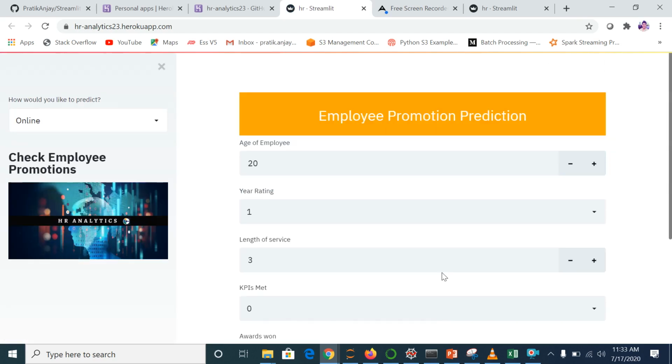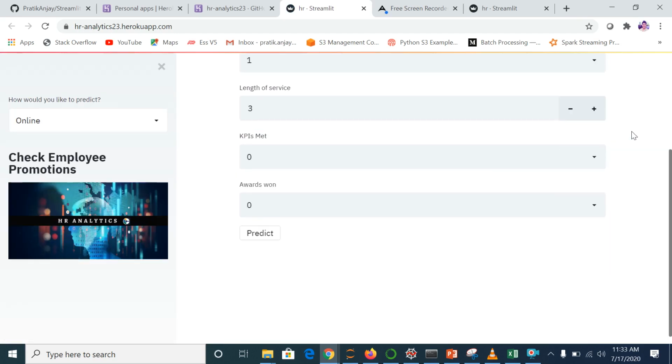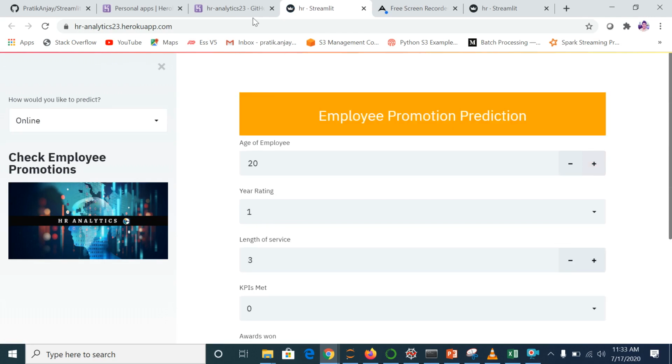And yeah, my model is successfully deployed on Heroku, and my URL is ready. Now you can share it with anyone, and they can use this application just as you were using it. So this is fine. You can share it with your client, your stakeholders, or anyone to whom you want to give this application to use.